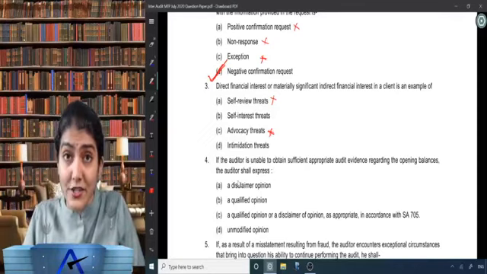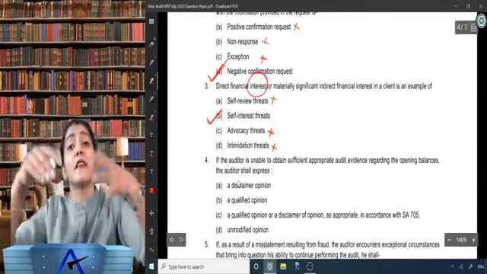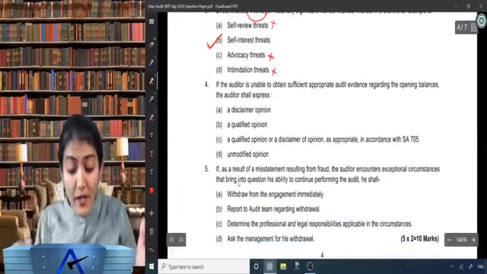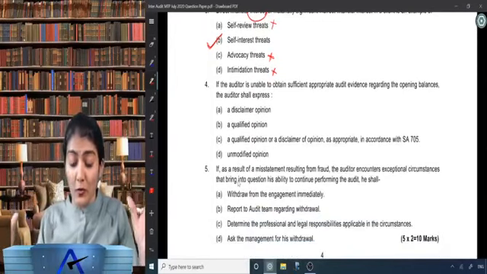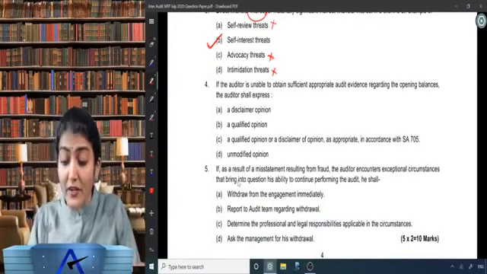And a direct financial interest, the question has the word interest. So obviously this has to be a self-interest threat. Yes, all okay now? Okay. So direct financial interest or materially significant indirect financial interest in a client is an example of a self-interest threat. Okay. Next one, if the auditor is unable to obtain sufficient appropriate audit evidence regarding opening balances,